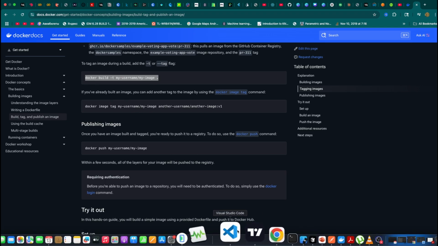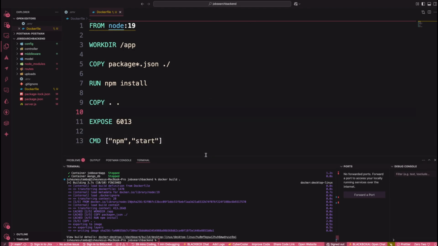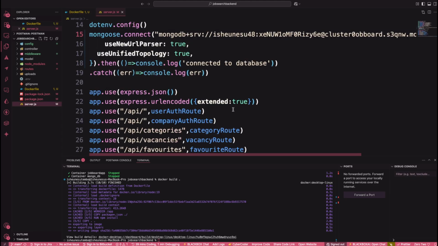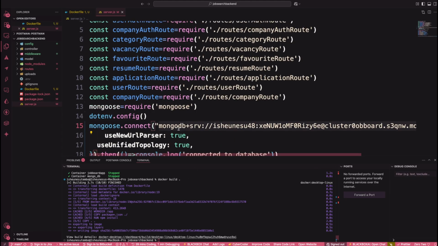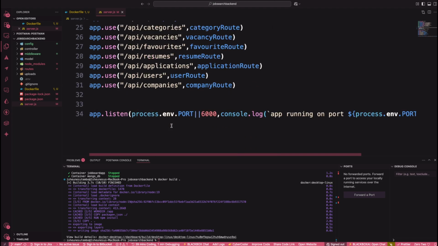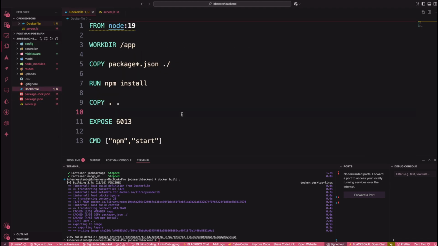So now that we have built our Docker container, we have a slight problem. As you can see, this is our Express.js application, and it uses MongoDB as our database. So now, since it uses MongoDB as our database,